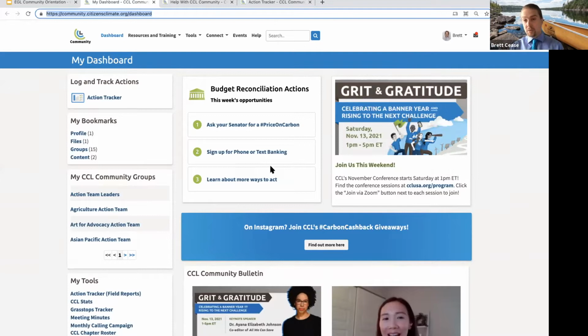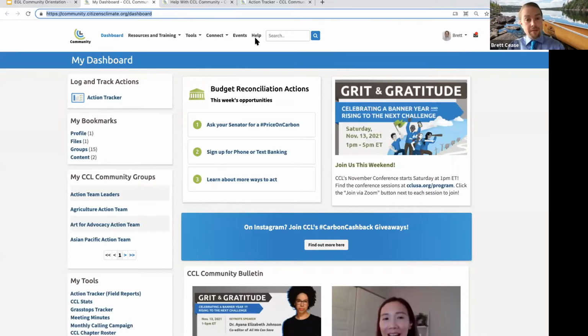The dashboard, as well as some of what I'm just about to show you, are even available if you haven't logged in, but to really clarify some people's common question about what is or isn't available on CCL Community to those that don't have their login or are having a hard time logging in, getting their password. Basically, any of the public main web pages, the training, the resources, and our tools are available. But if you want to get into our forums, our events, or your group activity, you're going to need to make sure to log in, which you can see in the upper right by having your name all of a sudden replace that little blue login prompt.